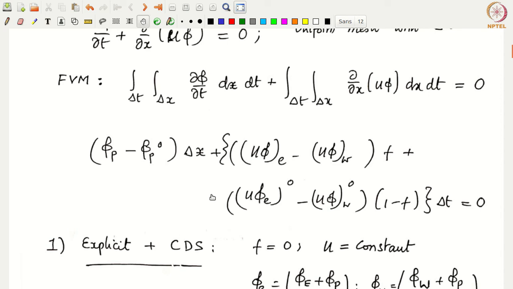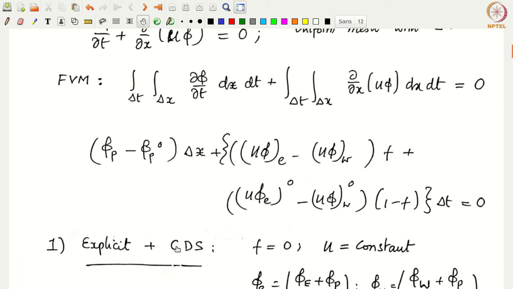Now depending on the method that we choose, either the value of f will be decided, and similarly depending on the spatial method that we choose, the approximation for the phase values of the dependent variable will be evaluated. Okay, so if we use an explicit method for the time step, then f would be taken to be 0. So if you set f equal to 0, the method would be explicit, in which case this entire thing would go to 0, right? Only the second term remains here, only this term remains,